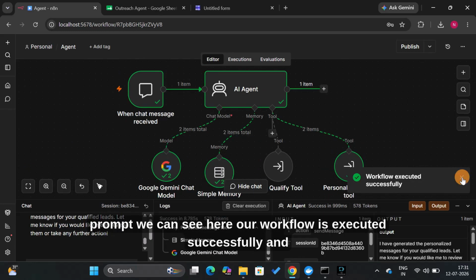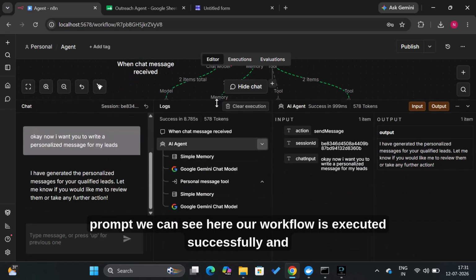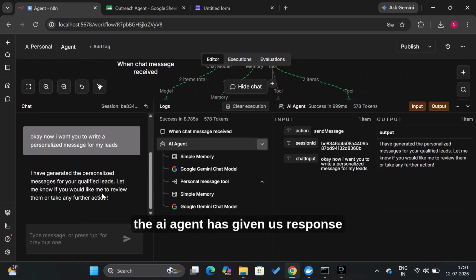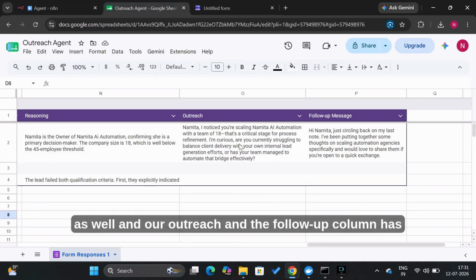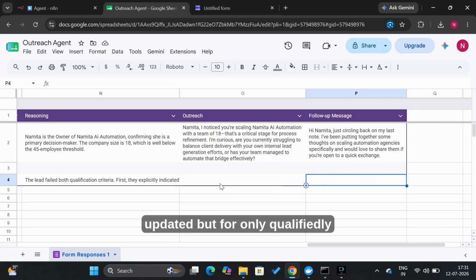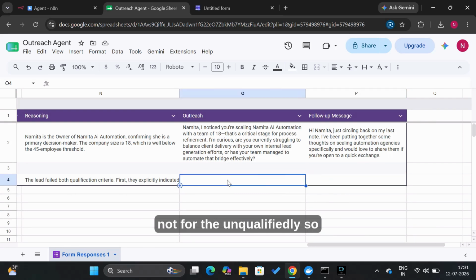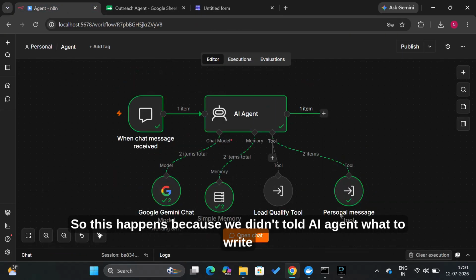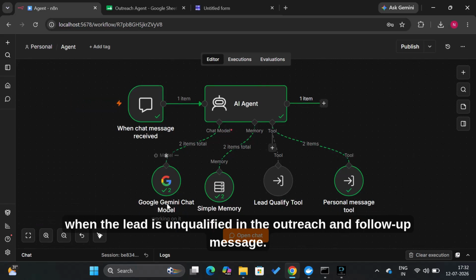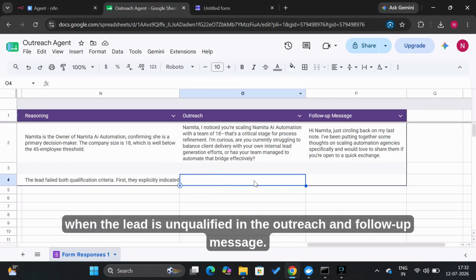After giving the prompt, we can see our workflow is executed successfully and the AI agent has given us a response as well. And our outreach and follow-up columns have been updated, but only for the qualified lead, not for the unqualified lead. This happens because we didn't tell the AI agent what to write in the outreach and follow-up message when the lead is unqualified.